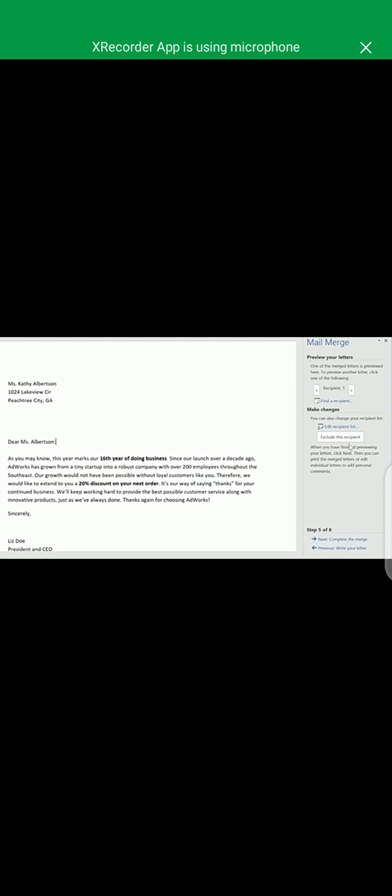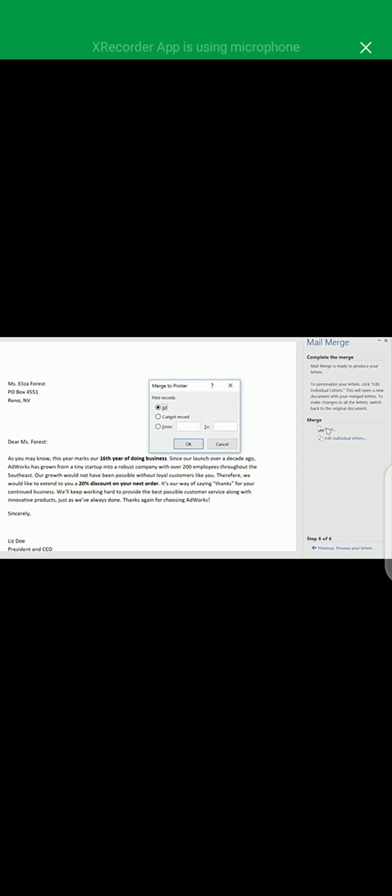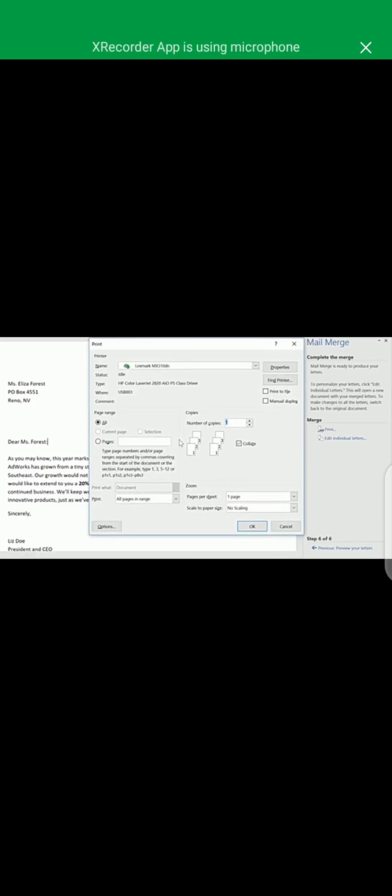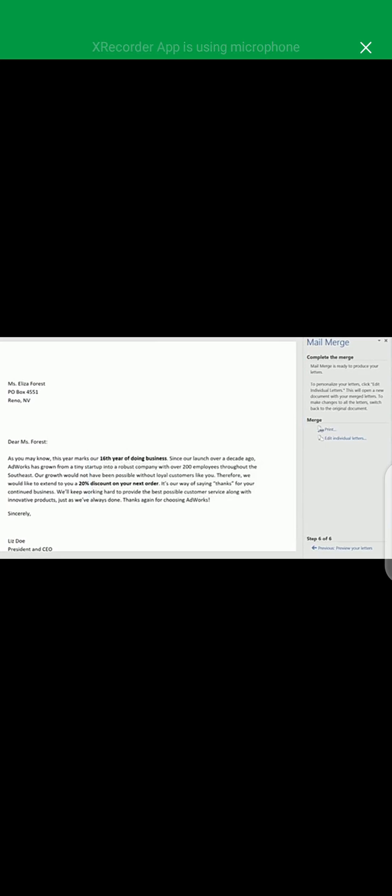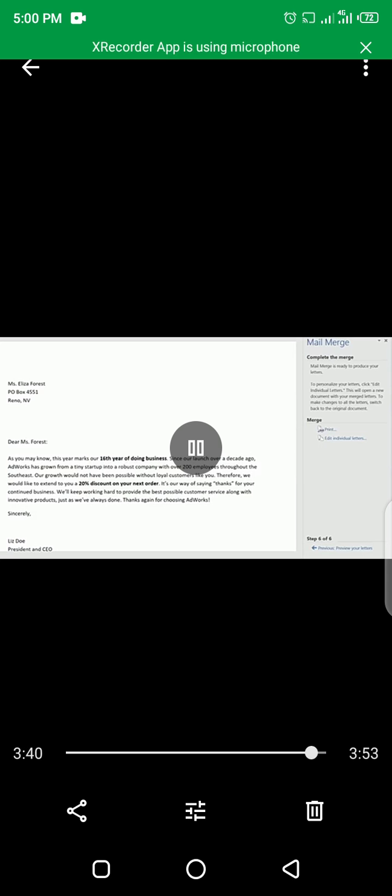Now look at the screen. You can see the names along with addresses are automatically displayed on the merged document. There is no need to retype all the names and addresses to the same message again and again. Merge to the printer. After that, you can select any of the options if you want to print that document. It's not compulsory, but you can. If your printer is attached to the computer, then you can select the printing option from there and click OK. And this is the last step of the merge document. And now your merge document is complete. I hope this will be helpful to you.